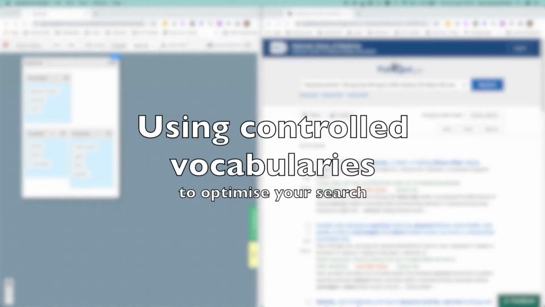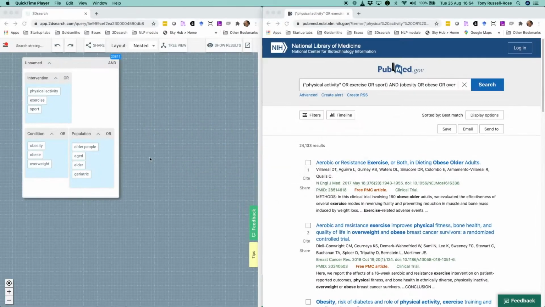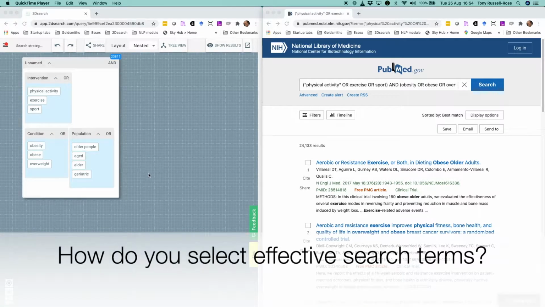In the previous video, we learned how to use search suggestions to help us find effective keywords for our search. In this video, we'll look into techniques to make those terms more precise. A key task in developing effective search strategies is choosing the right terms for the various facets of your information